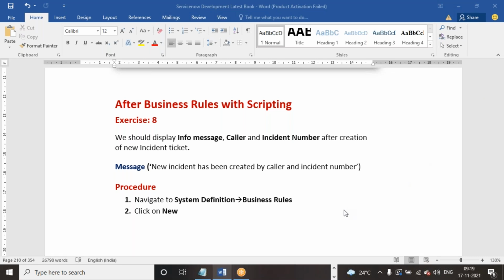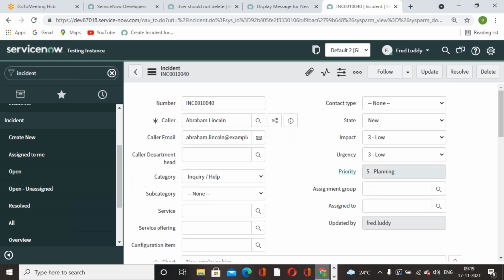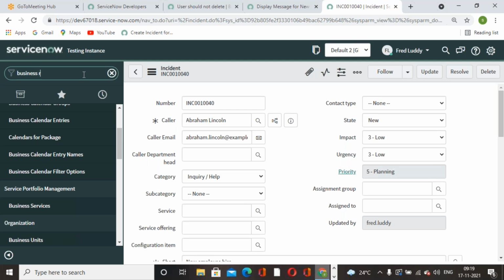One question. When you are creating that business rule, the order you are giving is 500. So how do we know which number we have to give? There might already be some business rule with order 500, right? So how do we give that sequence? Go to business rules